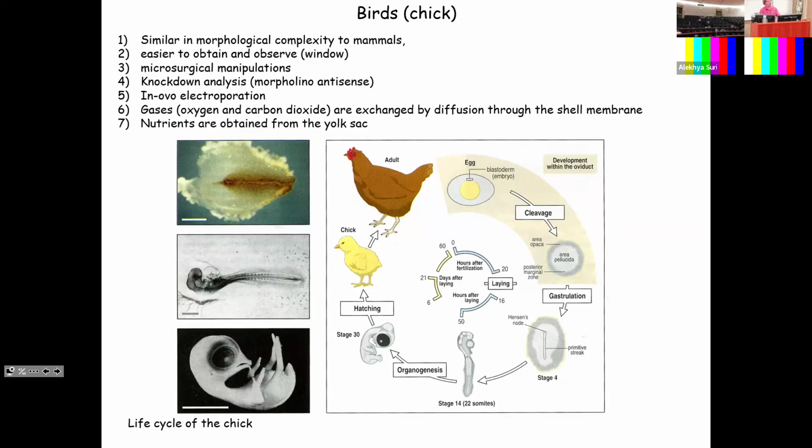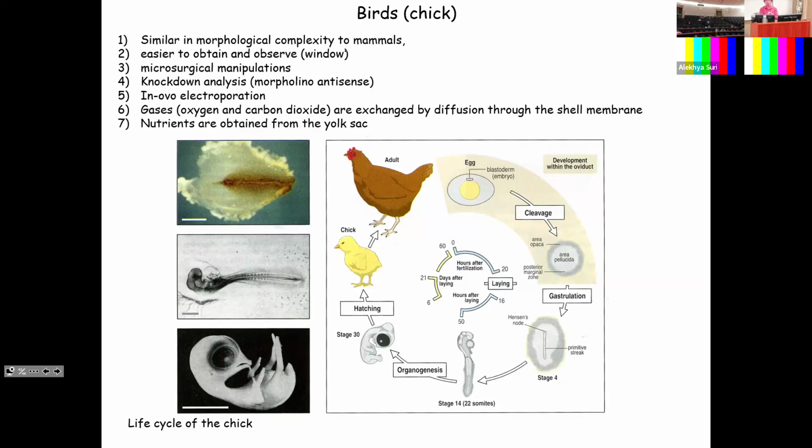So they are similar in morphological complexity to mammals, similar, not identical, okay? For example, we know they have eggs, right? They're easier to obtain and observe. In fact, you could grow the eggs, the fertilized egg, in incubators, right? At a certain temperature. The day you want to do the experiment, you open a door, you remove the egg, you